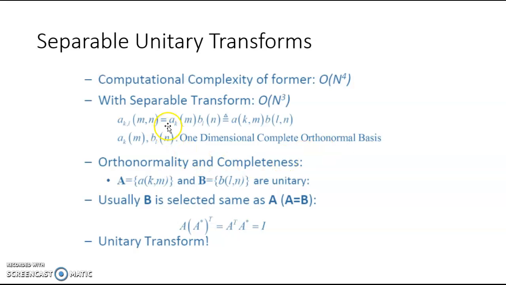So A_KL,MN I can write as A_KM into B_LN. Usually we choose B and A as the same value. Here I use capital A and capital B, that is, capital A denotes the whole set of A and capital B denotes the whole set of B. So usually we choose this as the same value A, such that